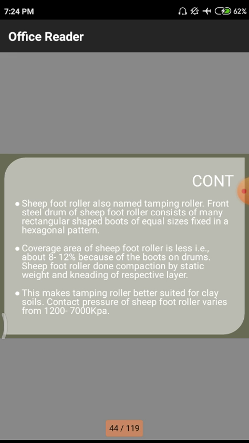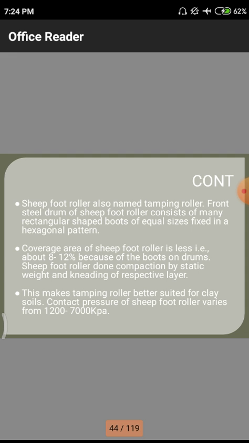Here we are using the term static. In the previous type of roller we used dynamic, meaning vibrations, but in this sheep foot roller there are no vibrations, only a flat movement of these hexagonal patterns on the roller. Due to these hexagonal patterns, we have voids and gaps, and some material will be densified. Then we move by an eccentric distance from the edge of the road, and automatically the total road will be densified due to this movement. This makes a tamping roller better suited for clay soils.